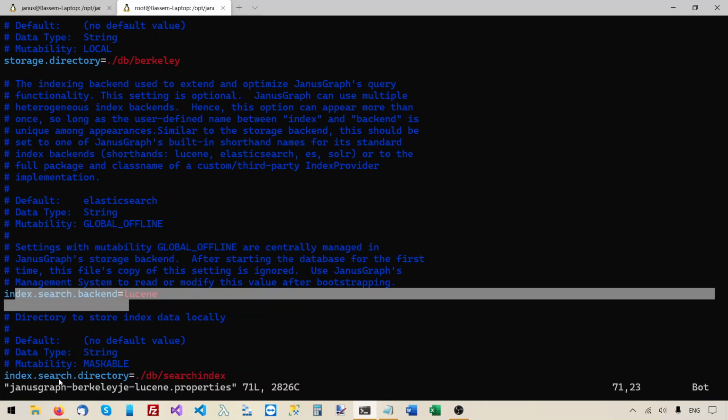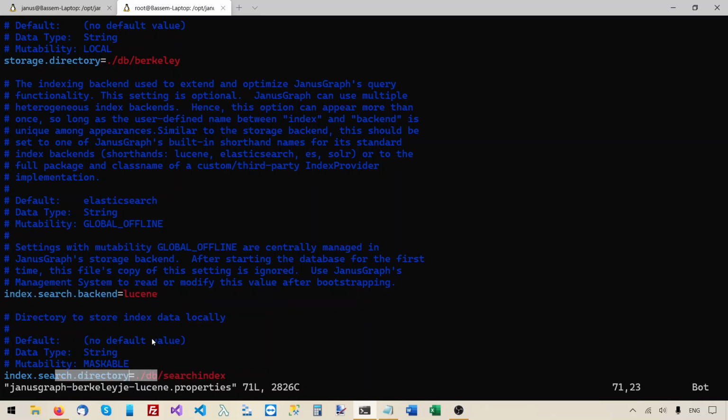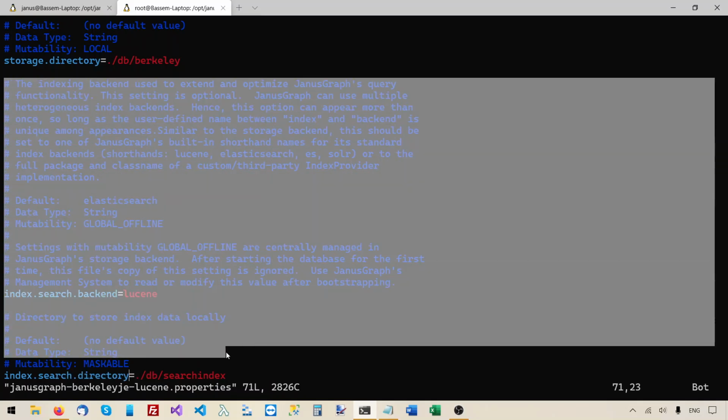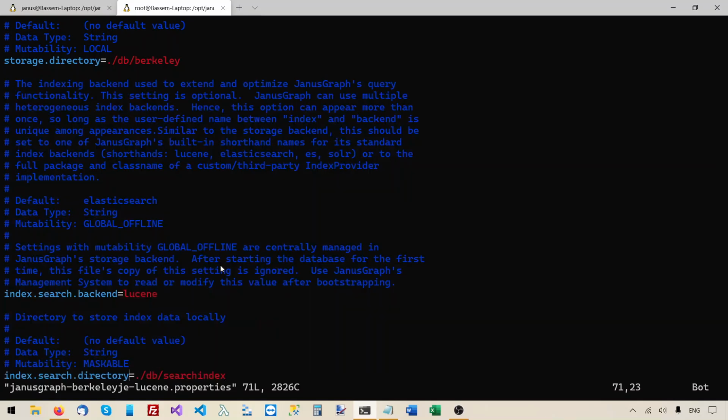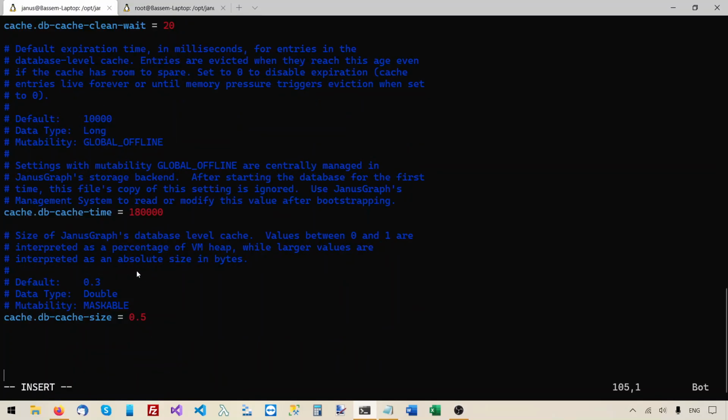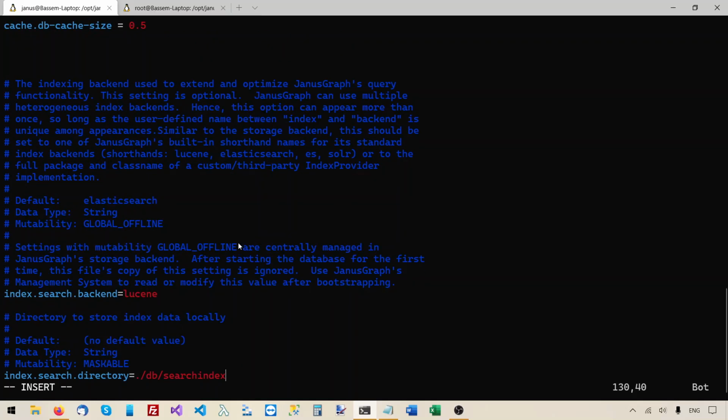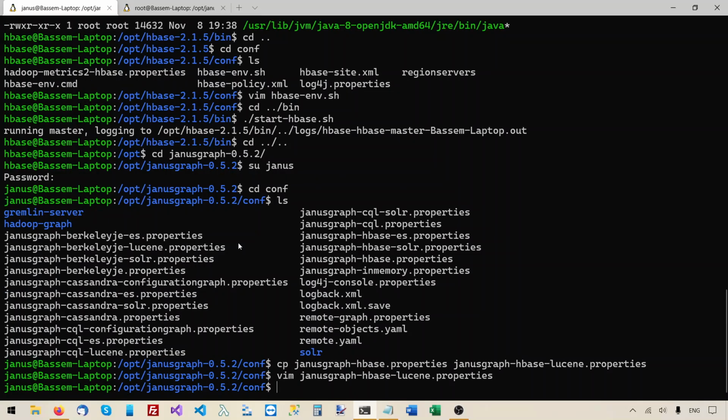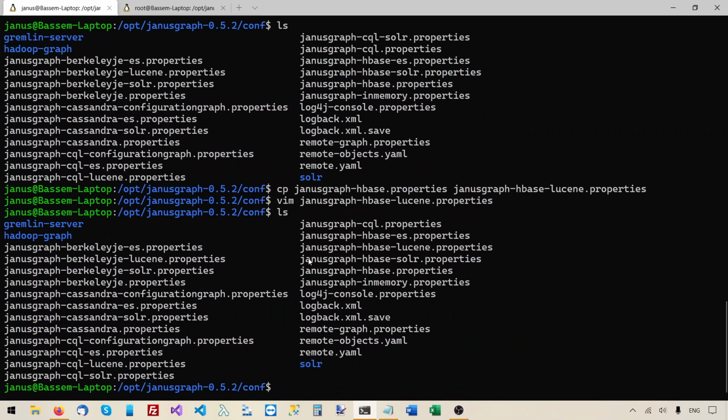So we need to get these two lines from here and put them in the file that we're working on. I'll copy everything, including the comments, and I will paste them in this file. And then I'll write this to disk and quit. Okay, so we just created this configuration file, janusgraph